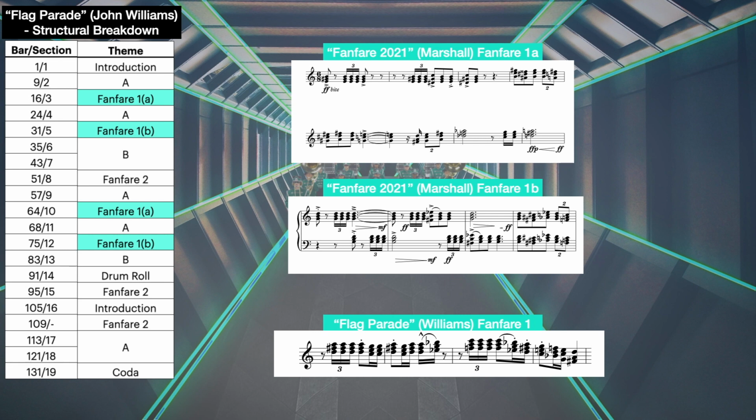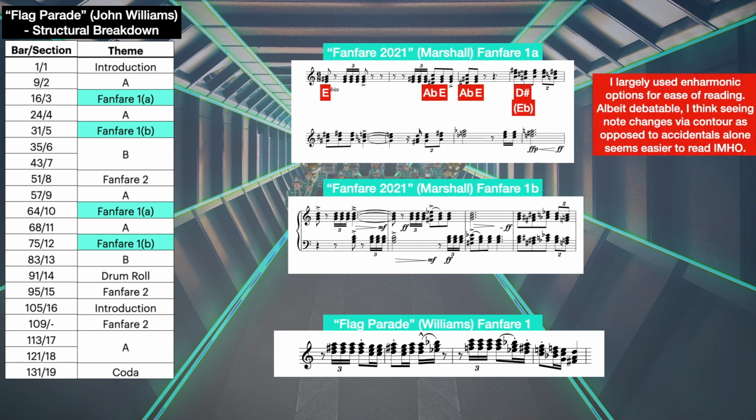For instance, Williams largely plays around the tonic chord of D major, using flat leading tone and flat supertonic chords. Whereas I, unbound by the presence of a film, afford myself some greater adventures. For example, in the first of the Fanfare 1 sections, each chord change is as follows: E, A flat, E, A flat, E, E flat or D sharp, E, D, C sharp, D, C, D, C, D, D flat or